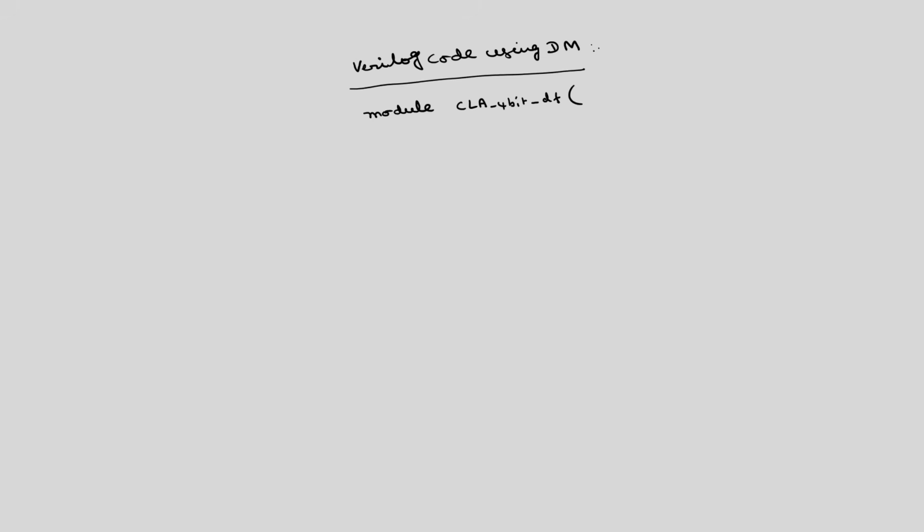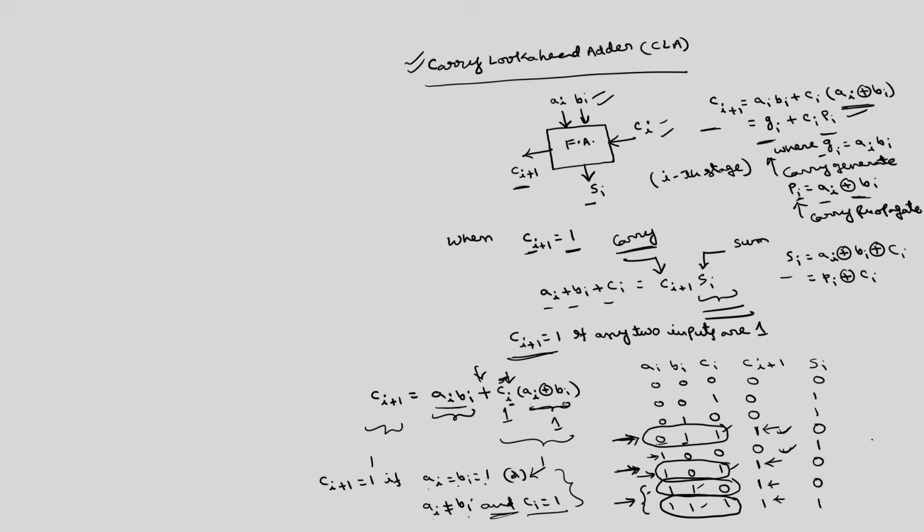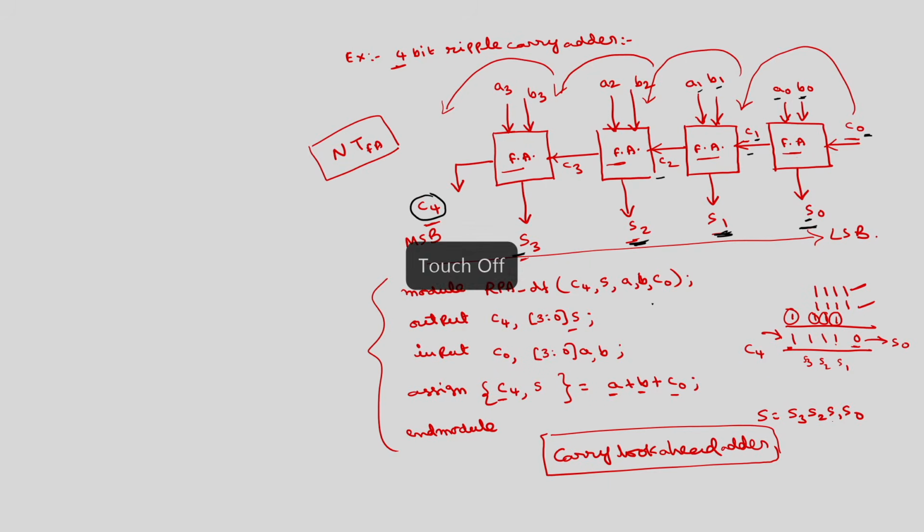So, what are the total inputs and outputs? We have C4 final output and then we have 4 sum bits, sum S, then we have 4 A's, 4 B's, C0 is the input carry. Okay. This we have already used in the data flow modeling of look ahead carry also. Here also we have used this. Okay. This A's, B's are available as the inputs and C0 is available. Outputs are S3, S2, S1, S0 and final carry.